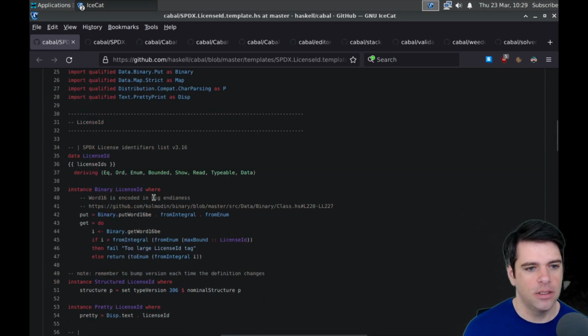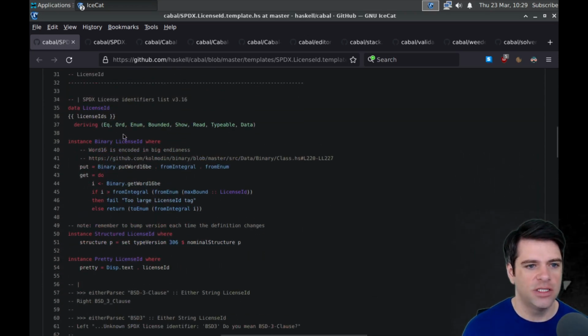And okay, we've got instance Binary LicenseId, where put is equal to binary.putWord16BE, presumably a 16-bit word, but BE, I don't know what that means. fromIntegral, I guess, from enum.